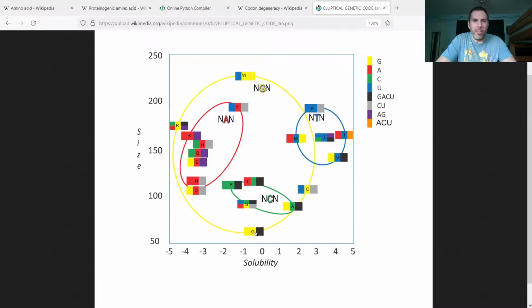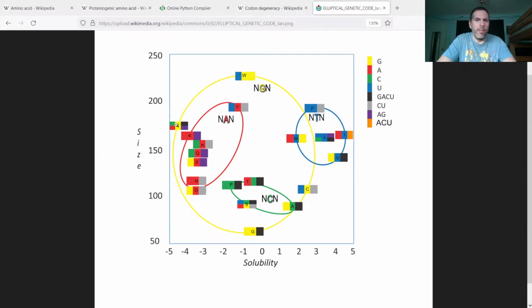But you can see here's the yellow group. There's a little bit of an outlier. It's a larger circle than the others, but you have glycine, very middle of the road, not hydrophobic nor hydrophilic, and very small.